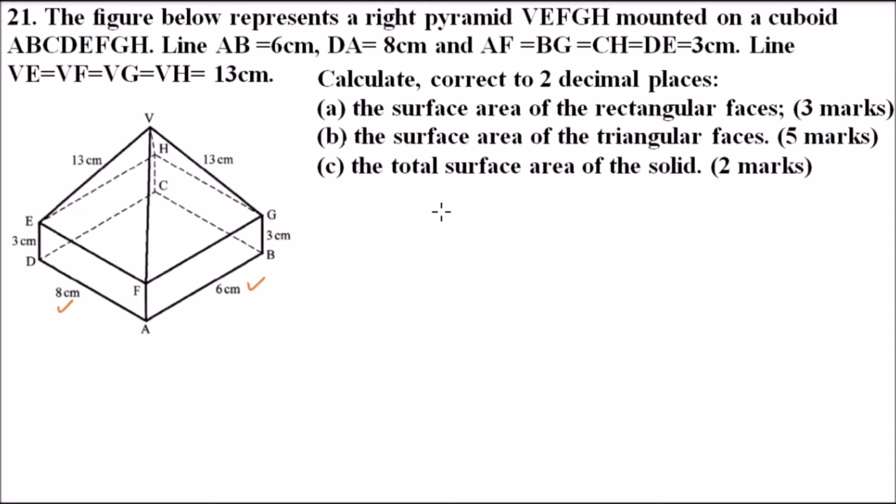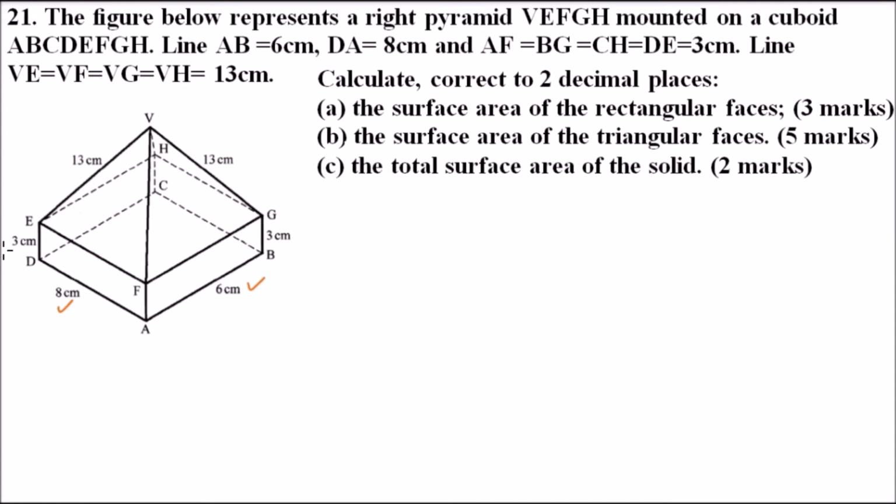AF is equal to BG is equal to CH is equal to DE is equal to 3 centimeters. Line VE is equal to VF is equal to VG is equal to VH is equal to 13 centimeters. That is the slanting sides of the pyramid. So calculate correct to 2 decimal places: